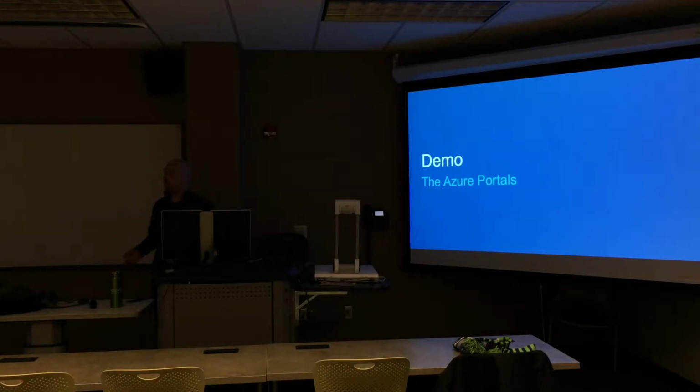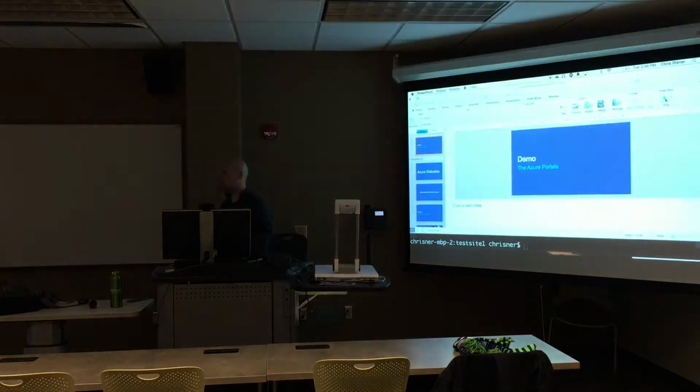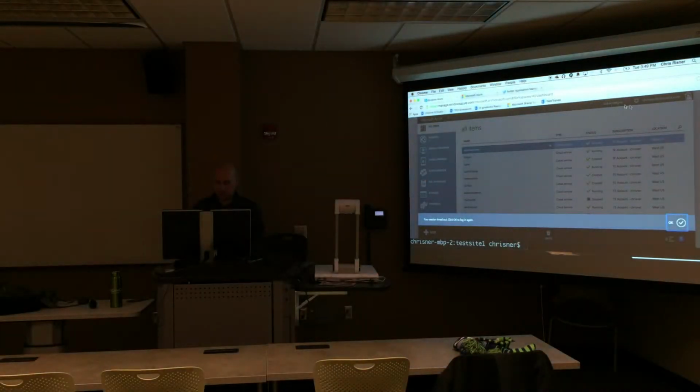So the first thing we're going to look at is the Azure portals. And I say Azure portals because we actually have two different portals for working with Azure right now. There is the